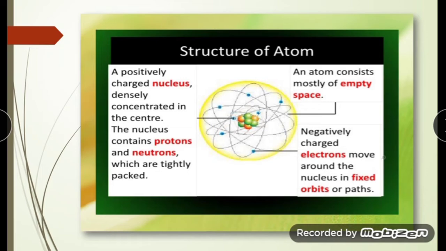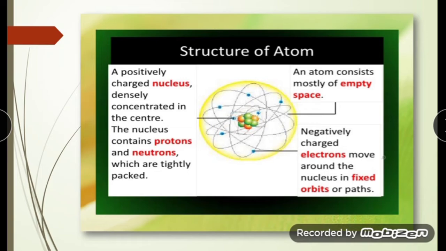Also, you know that, children, each shell has a specific number of electrons that revolve around the nucleus. Now, specific number of electrons means what? That how many electrons can be accommodated in each shell. In the previous video, children, we have seen that we have a particular formula to find out how many electrons can be accommodated in each shell. Remember the formula? Yes, 2 n squared.